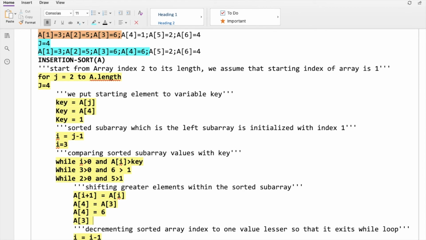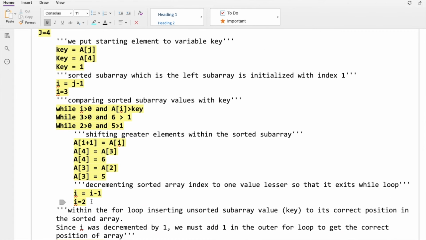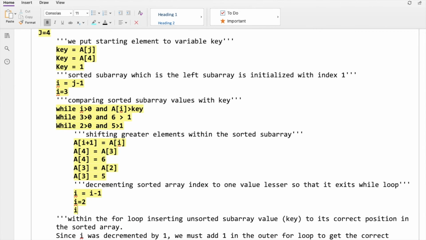A3 should be getting the value of A2, and A3 is 6, so 5 gets here. A3 is equal to 5. And I now gets decremented. I now becomes 1. Since I is 1, greater than 0, we will again